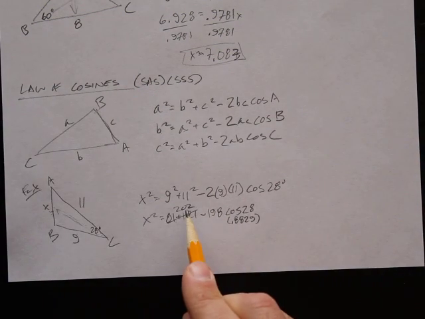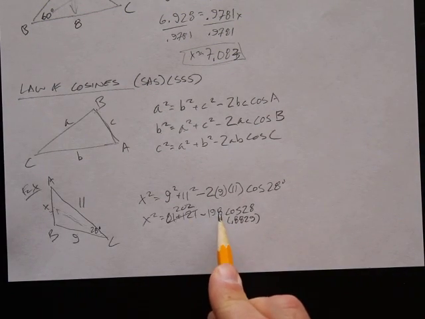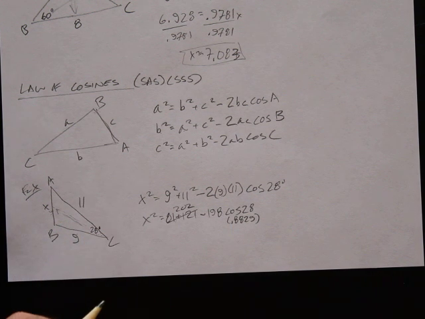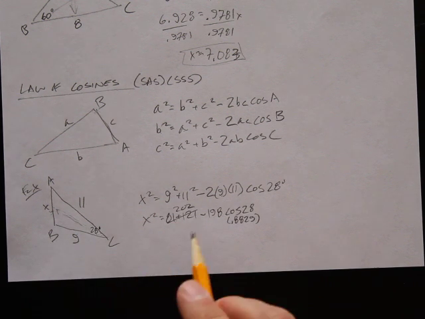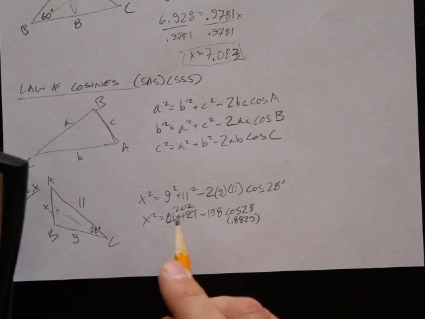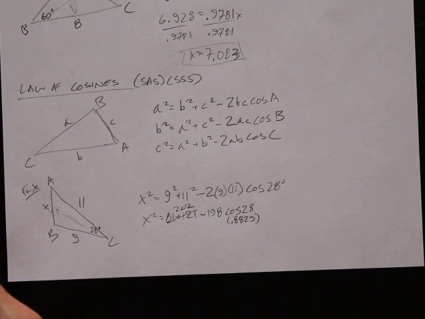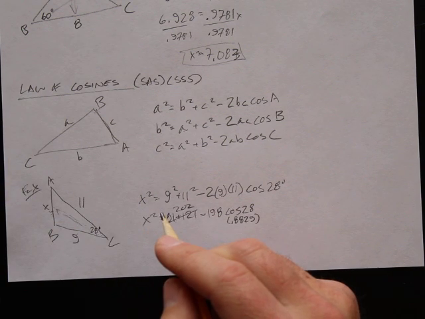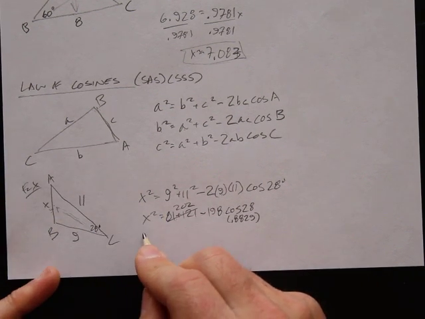Now I can say 202 minus these guys. Let's multiply 0.8829 times 198 and then subtract that from 202, and I get x squared equals,